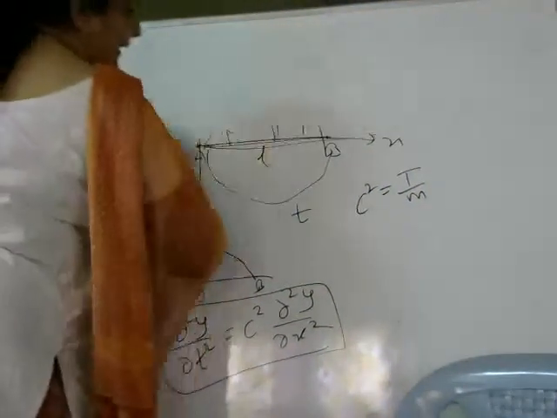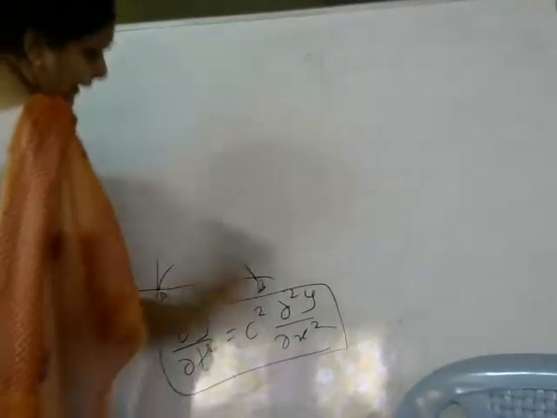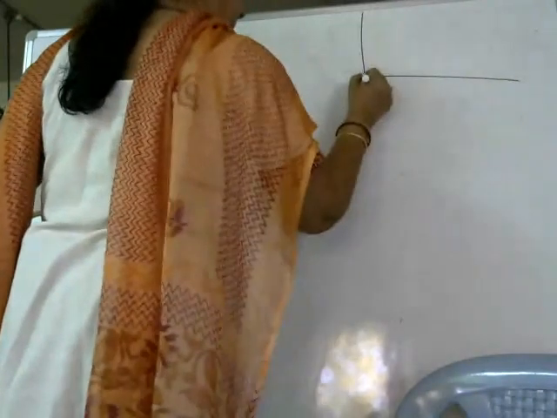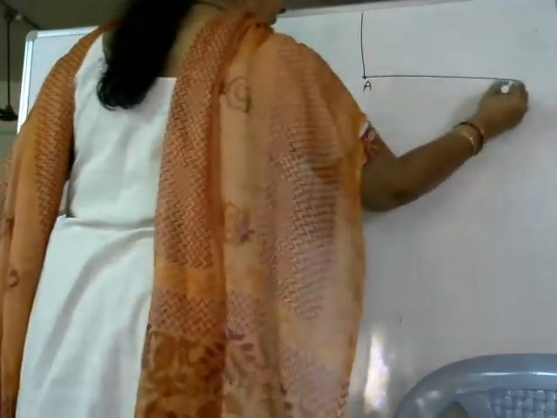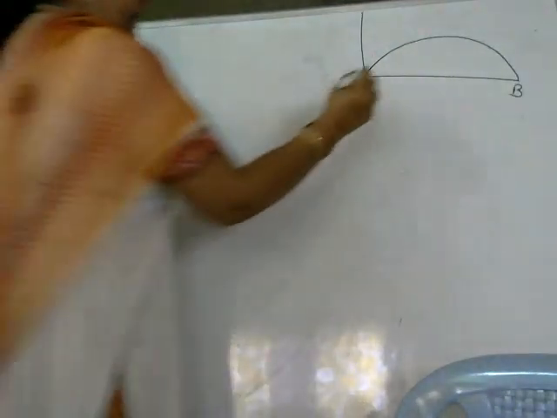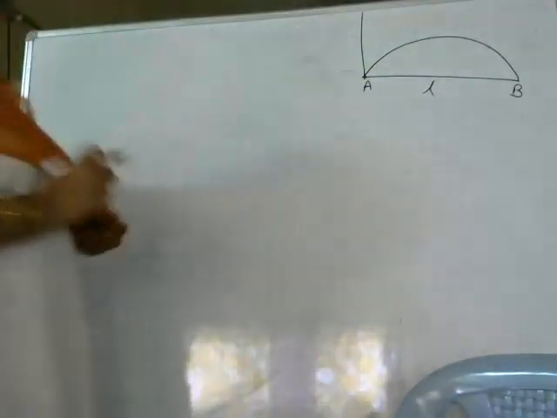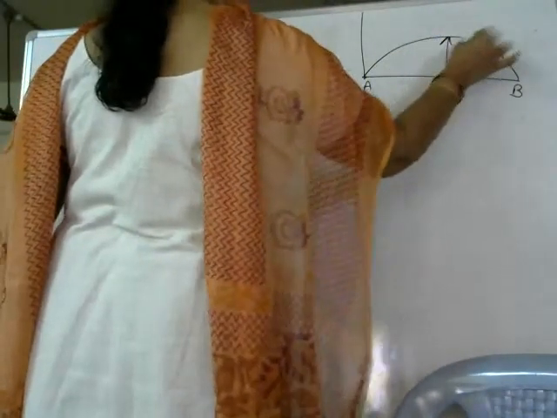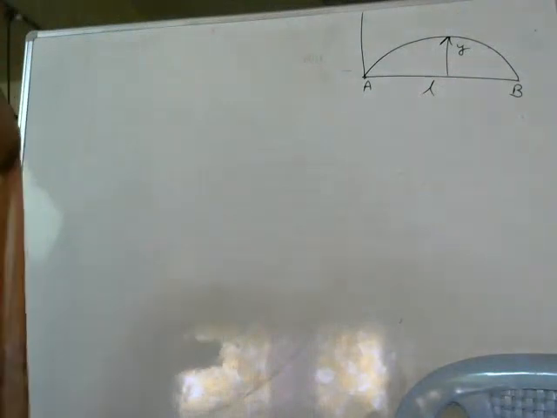We have taken an elastic string. It is tightly stretched, fixed at both ends. So we have taken a string like this. Let one point be the origin A and the other be B, and it is made to vibrate. Let the length of the string be L, which is on the x-axis, and the displacement is taken on the y-axis. That is the displacement we have taken for the string.